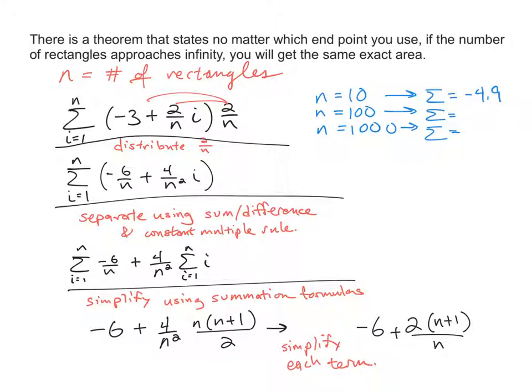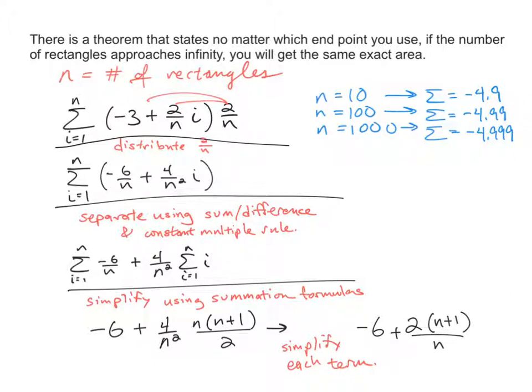And if you substitute n equals 100 into this expression, you will get -4.99. And you might see the pattern already, but if you substitute 1000 into this expression, you will get -4.999. And what happens is when we're summing up all of these terms from 1 to n, and we're increasing the number of rectangles from 10 to 100 to 1000,